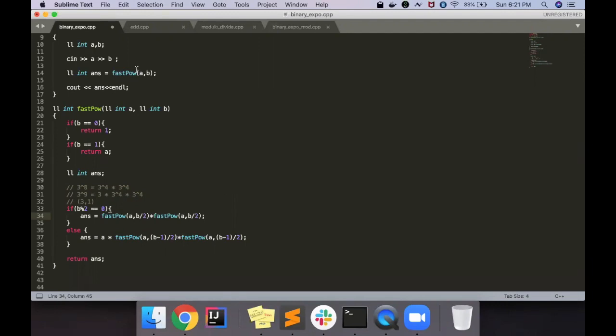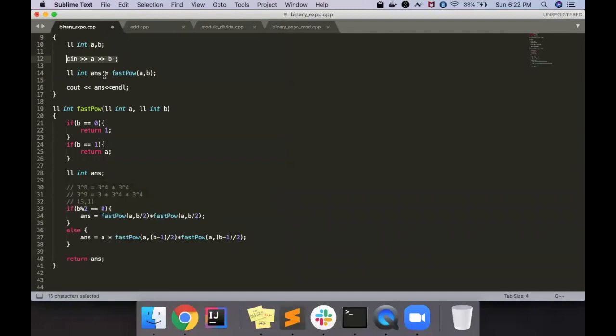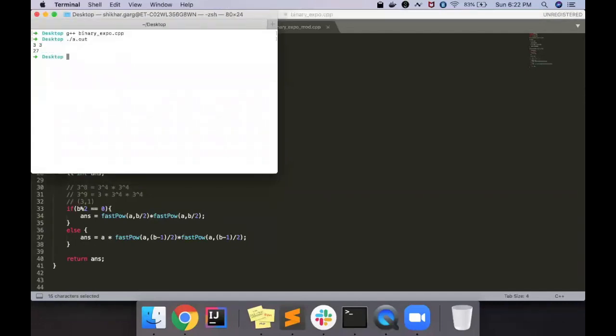Okay, let's say you just simply right now have to print a की power b. So let's just run this code. Very simple. Same code, binary x.cpp. So dot slash a dot out. Just take two inputs, a की power b, let's say 3 की power 3. So it's giving 27. And again 2 की power 9 is 512. And just last, let's check for any big number, 10 ka square, it's coming 100.